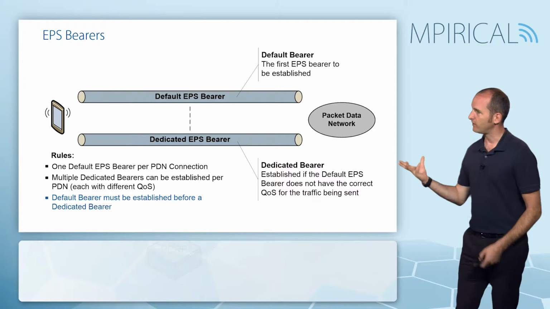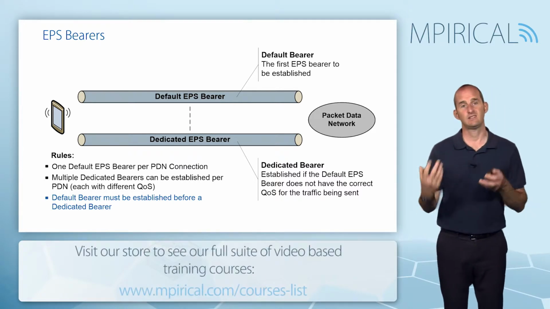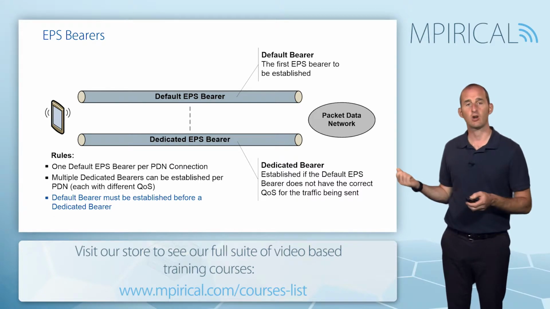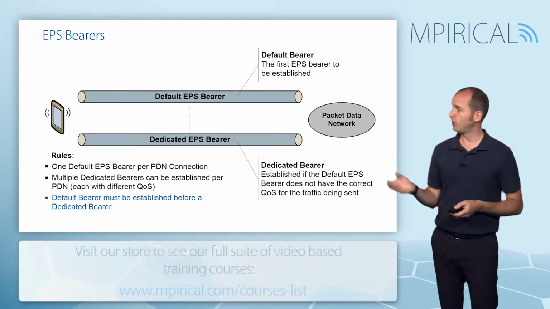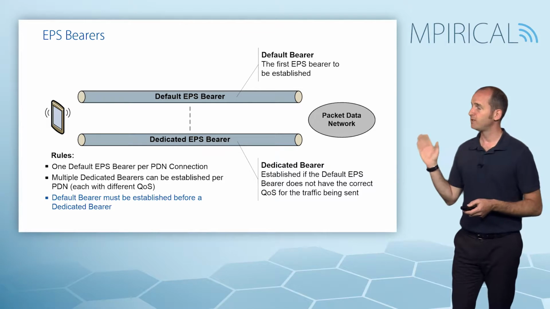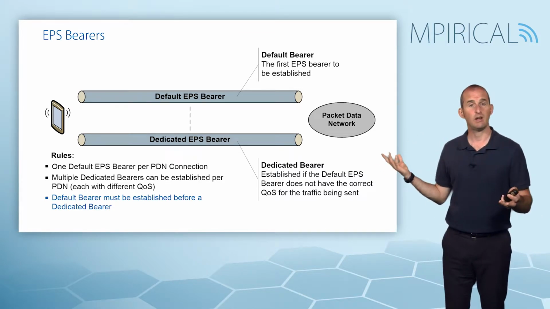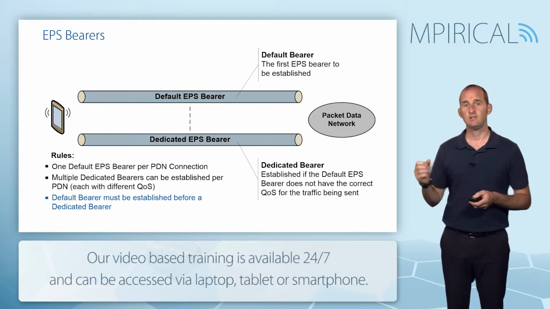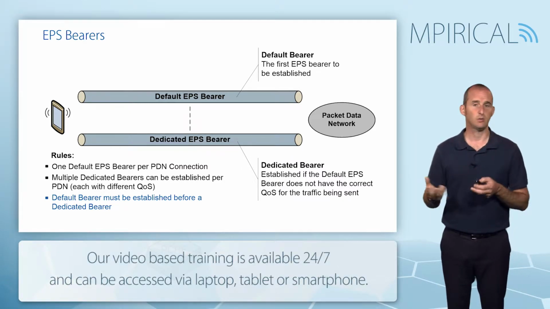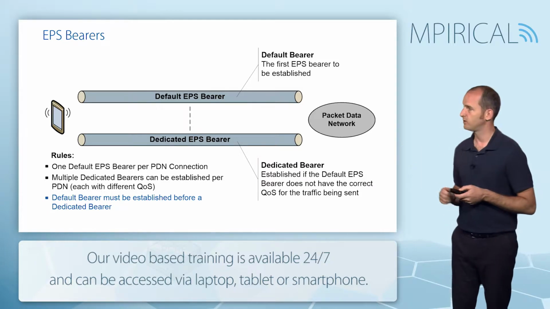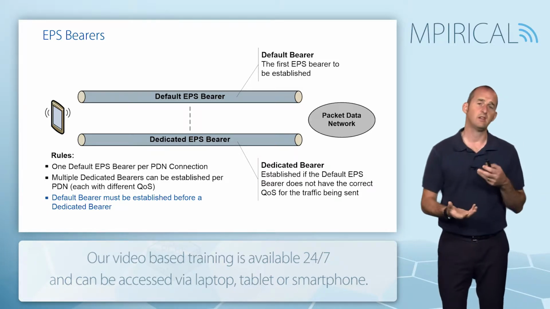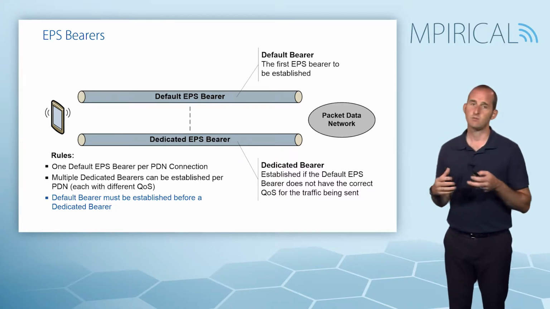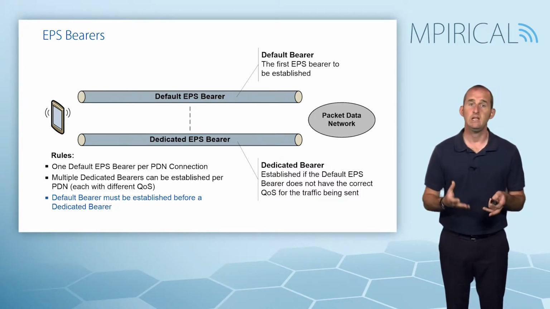And it's this bearer, this notion of a bearer, that essentially carries our IP traffic from the phone to the packet data network or vice versa. It's also worth remembering that this bearer, or bearers, depending on the situation, are unique to the subscriber. So these bearers aren't shared by multiple subscribers. They're unique to the subscriber. And if you're already aware of 2G and 3G, the concept of an EPS bearer is similar to a PDP